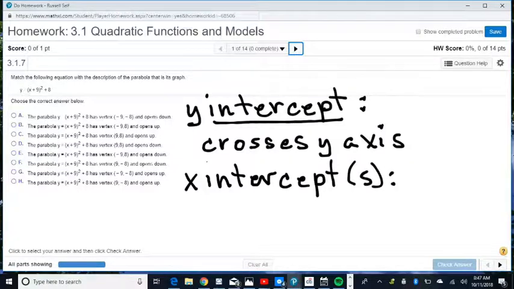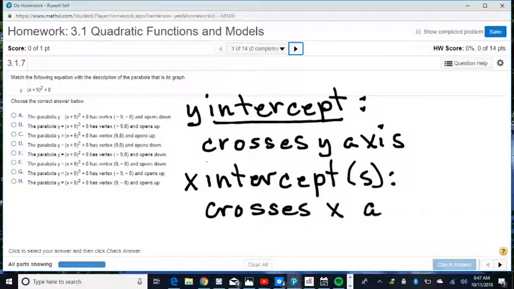There usually are more than one for these because, remember, it's a parabola, it opens up. Now, they're not always more than one. Sometimes there's only one. Say, for example, it's a very low graph. And sometimes neither one of these things will exist. It may never cross the y-axis, or it may never cross the x-axis. Okay? So that's where it crosses